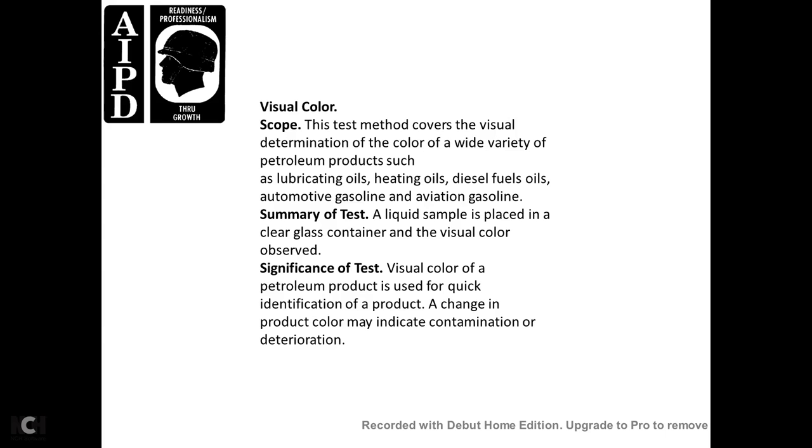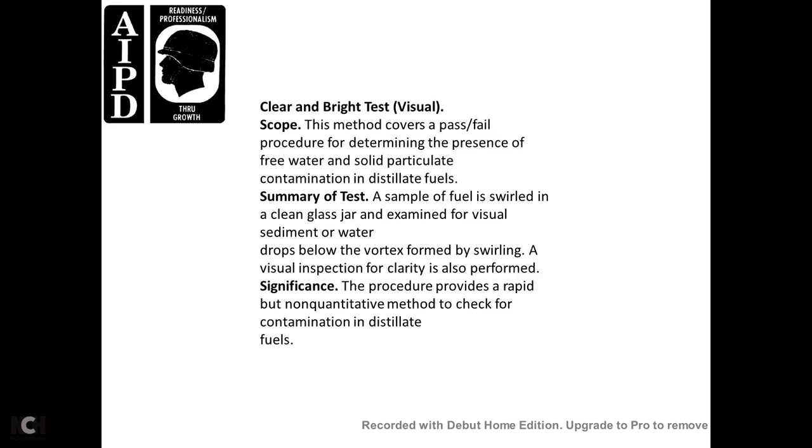Significance of the test: the visual color of a petroleum product is quick, and the identification of the product can change; a change in the product may indicate contamination or deterioration. A clear and bright visual test is within the scope. The method covers pass and fail criteria for determining the presence of free water, solid particles, and contamination in distillate